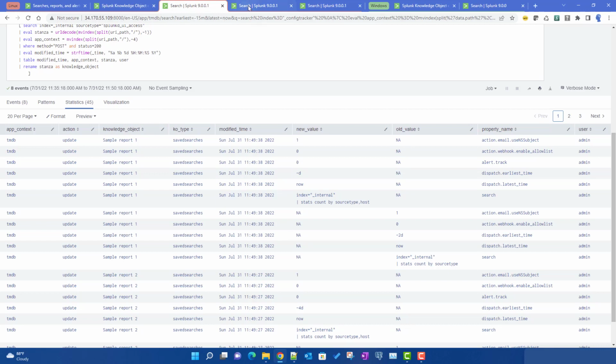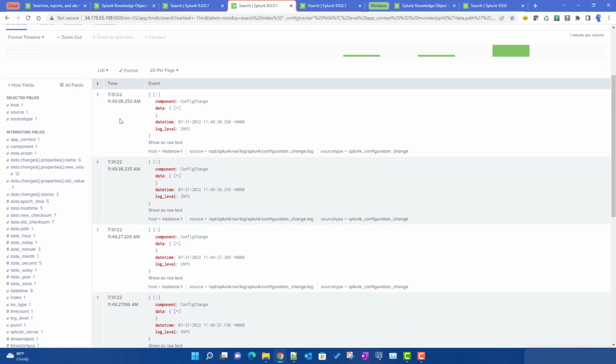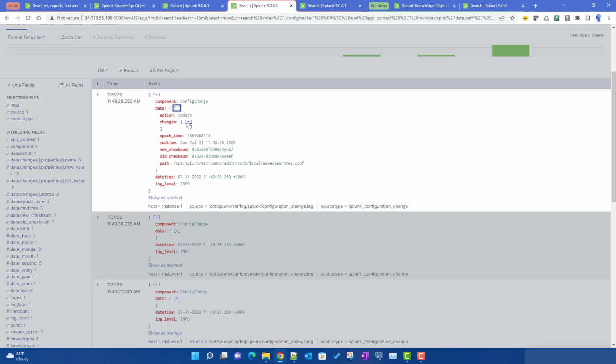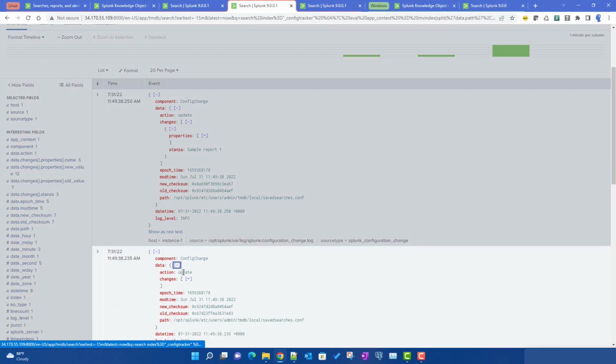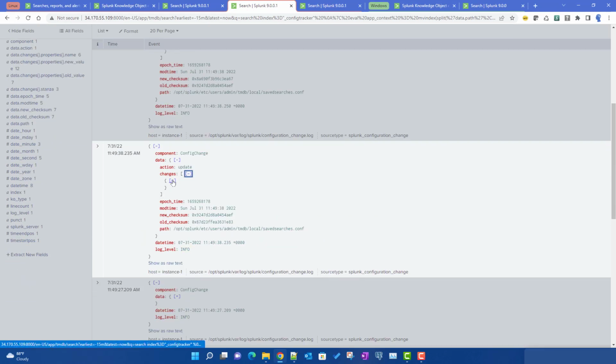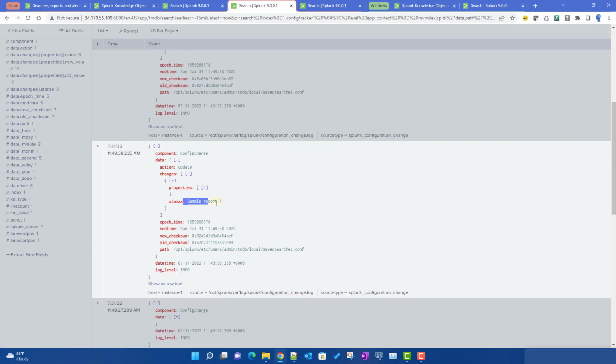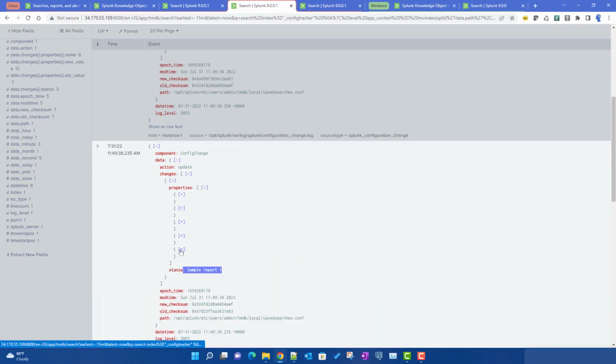So if I see it over here, at 11:49:38 it created 2 events, even though the milliseconds are different. In both places, if I go to these changes and click over here, this is sample report 1, and the other one is sample report 1 as well. If I see the properties, for each and every property there is no new value over here,